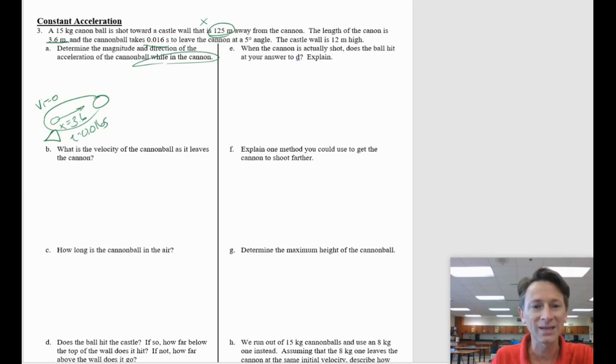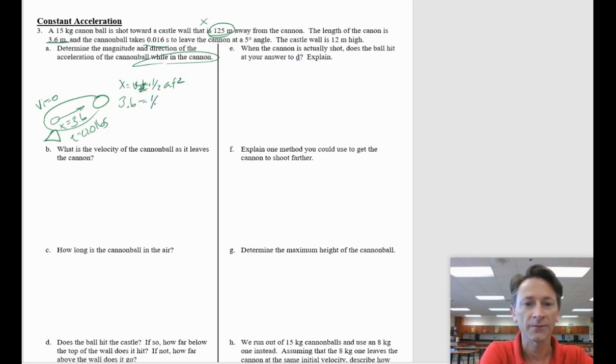So when I look at those three givens, if I'm looking for the acceleration, then I have to pick one of the three constant acceleration kinematic equations that we have. And since I don't have final velocity, I'm probably going to use the position one. So x equals v_i t plus 1/2 a t squared. I have 3.6 for my position. My initial velocity was 0, so that term cancels out. Half of the acceleration times the time, 0.016 squared. Now, if I calculate all of that, take the 0.016 squared, divide it by 2, divide that into the 3.6, I end up with an acceleration of